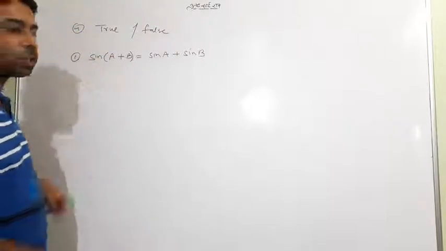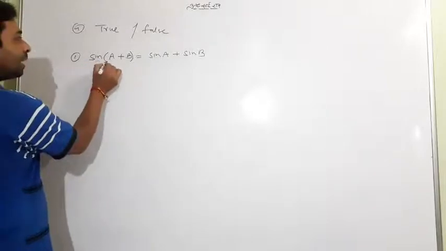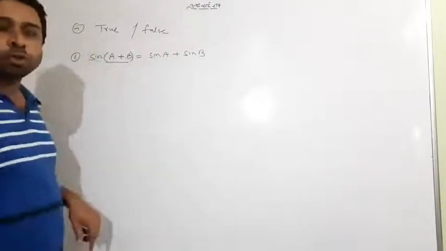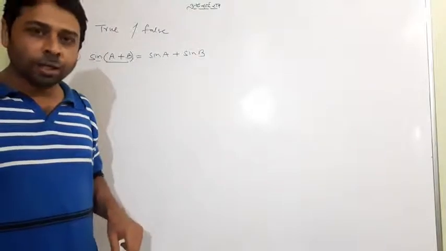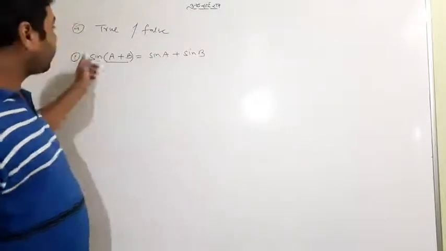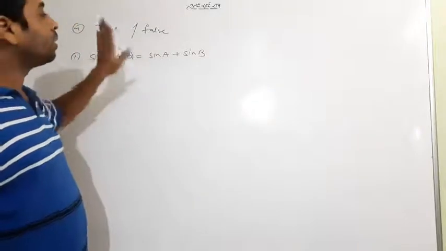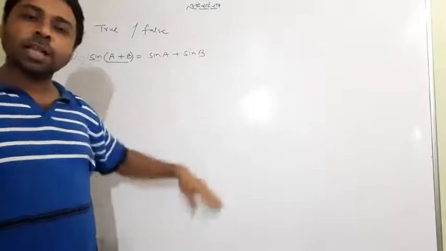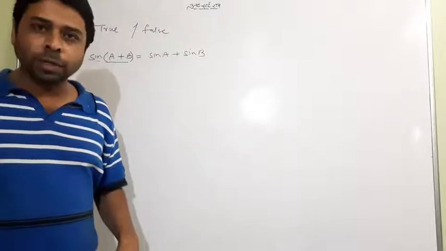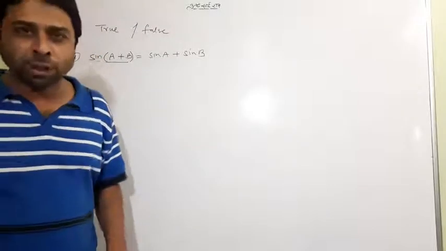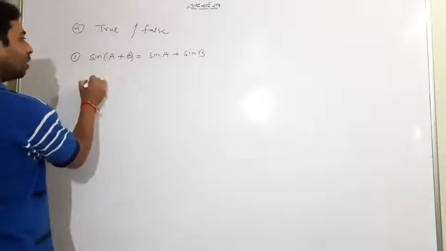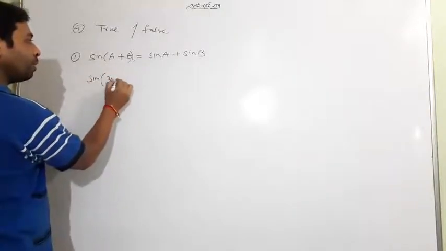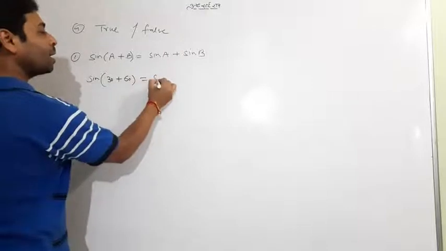If I again ask you what is the symbol between sine and a plus b here, please don't reply it is a multiplication sign. It is not a multiplication sign. It's an operator, so there is no sign there. Sine operates on a plus b and does not give this one. If you are still not satisfied with my answer, you can take some angles on your own. Like if I take a equal to 30 degrees and b equal to 60 degrees.